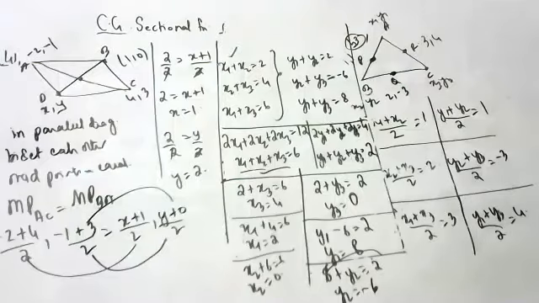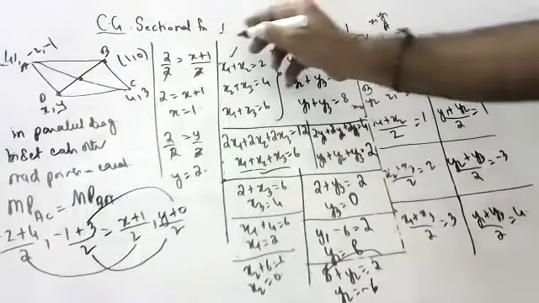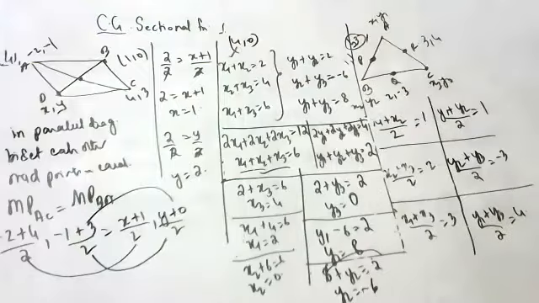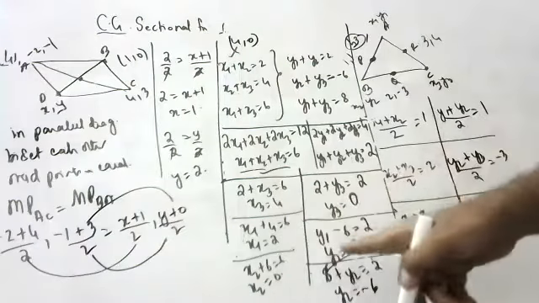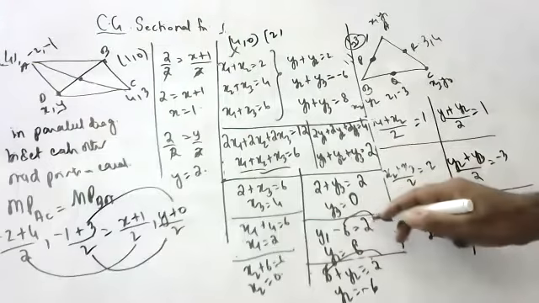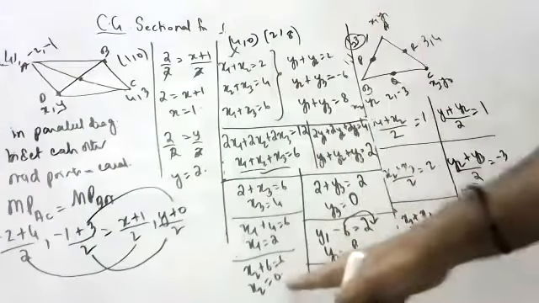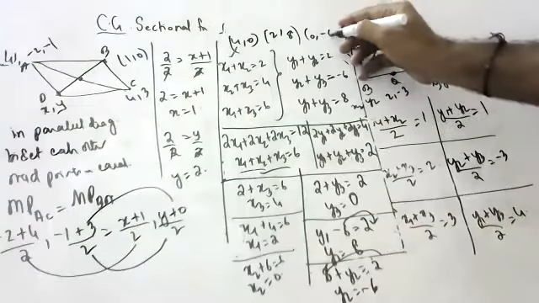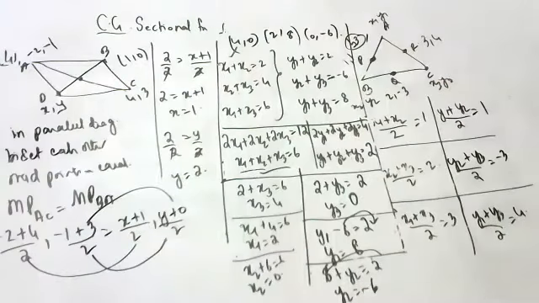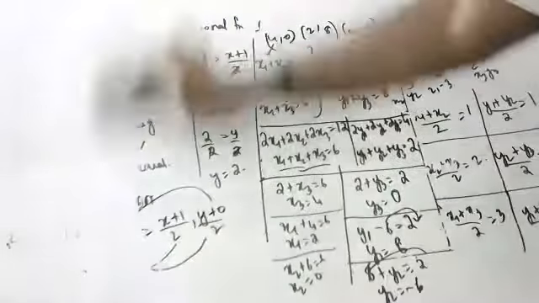So what are the coordinates we got? x1, y1 is (4, 0) and (2, -6) and (2, 8); x2, y2 is (0, -6). Like this you have to do, children. It is a little bit big, but very, very important. When you learn the key points, you should understand how to go for this. I hope you all understood, children.